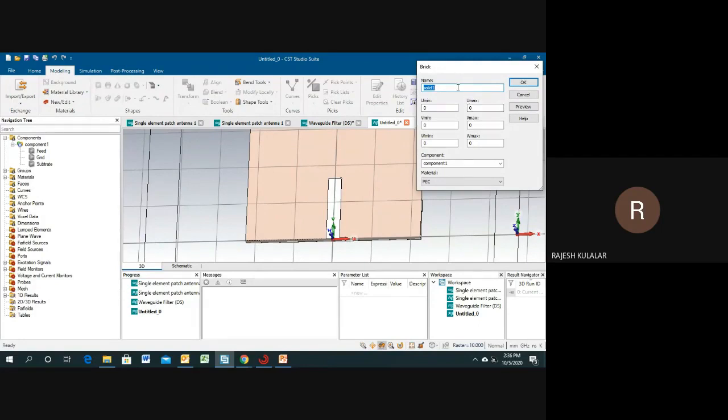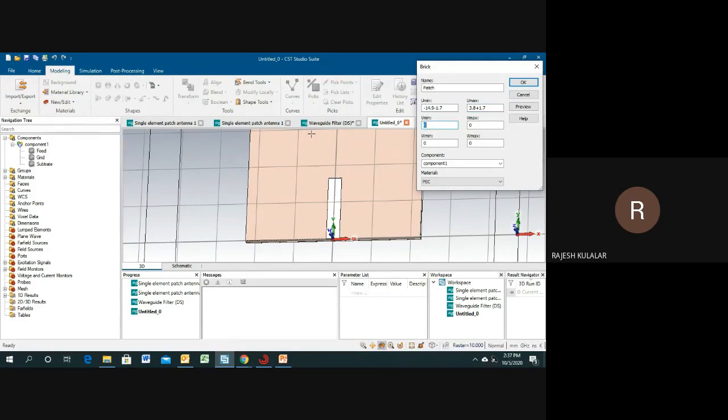I will give the nomenclature patch, and u minimum will be minus 14.9, minus 1.7. Actually, I have designed this one, so according to your specification, you can put in your parameters. So 3.8 plus 1.7.